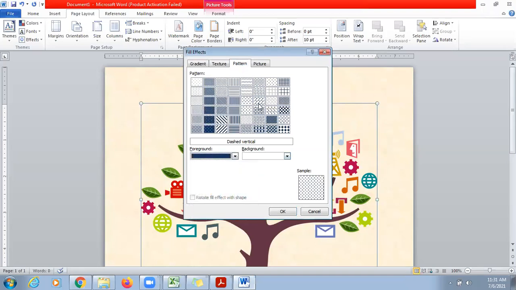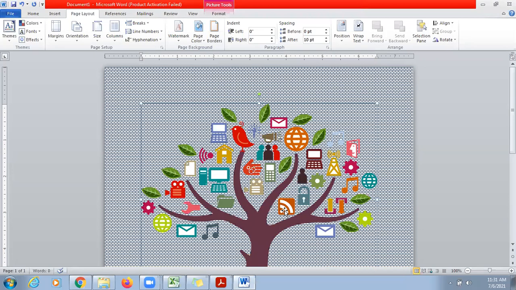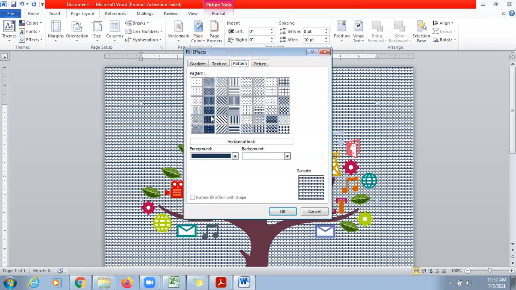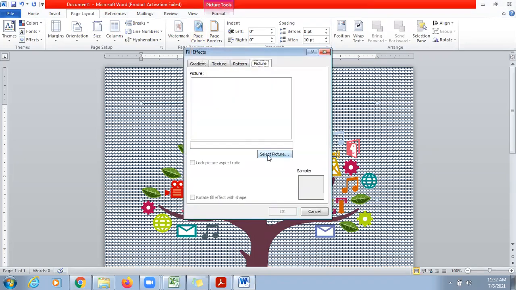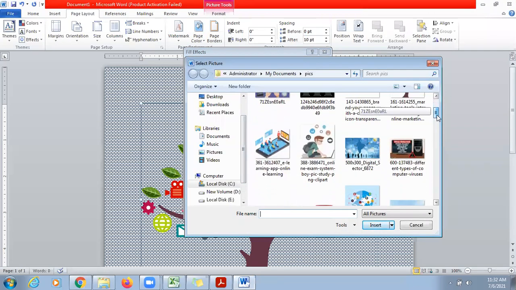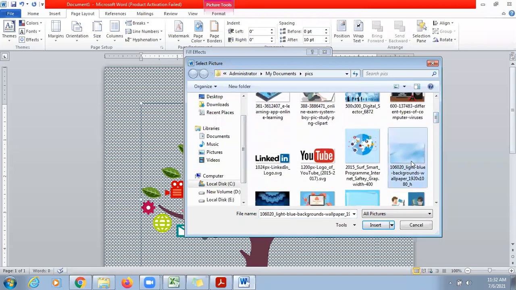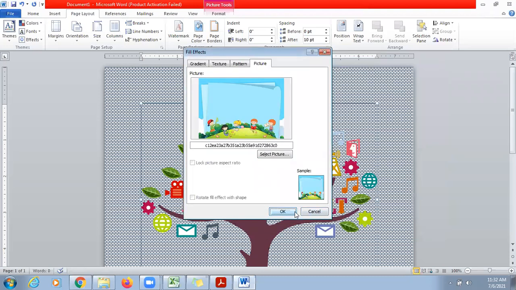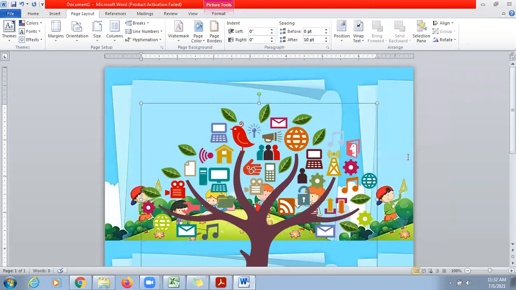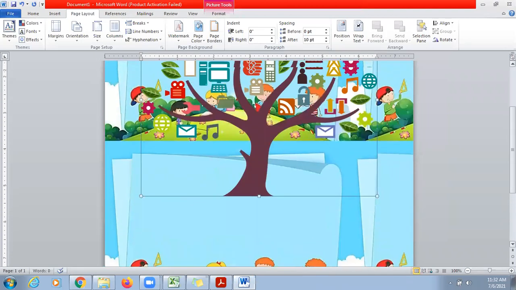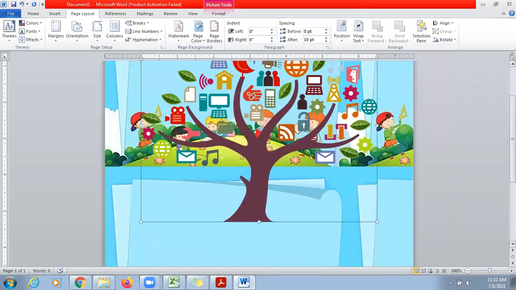So these are the different patterns. Suppose I wanted to make a brick pattern, so you can make a brick pattern like that. Fourth option is you can also insert a picture in the background, whatever the picture you wanted to insert. So let's say I wanted to insert this image or maybe this image. So this is how you can insert a picture in the background also. But the picture is small in size, so that's why it is coming multiple times.